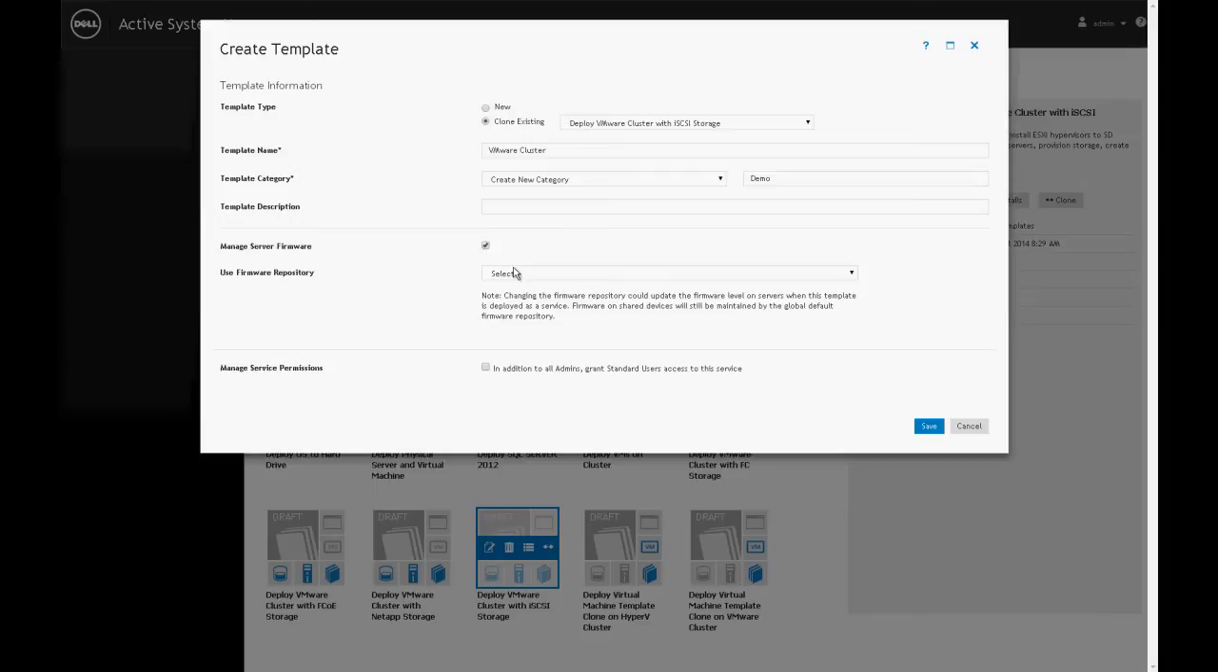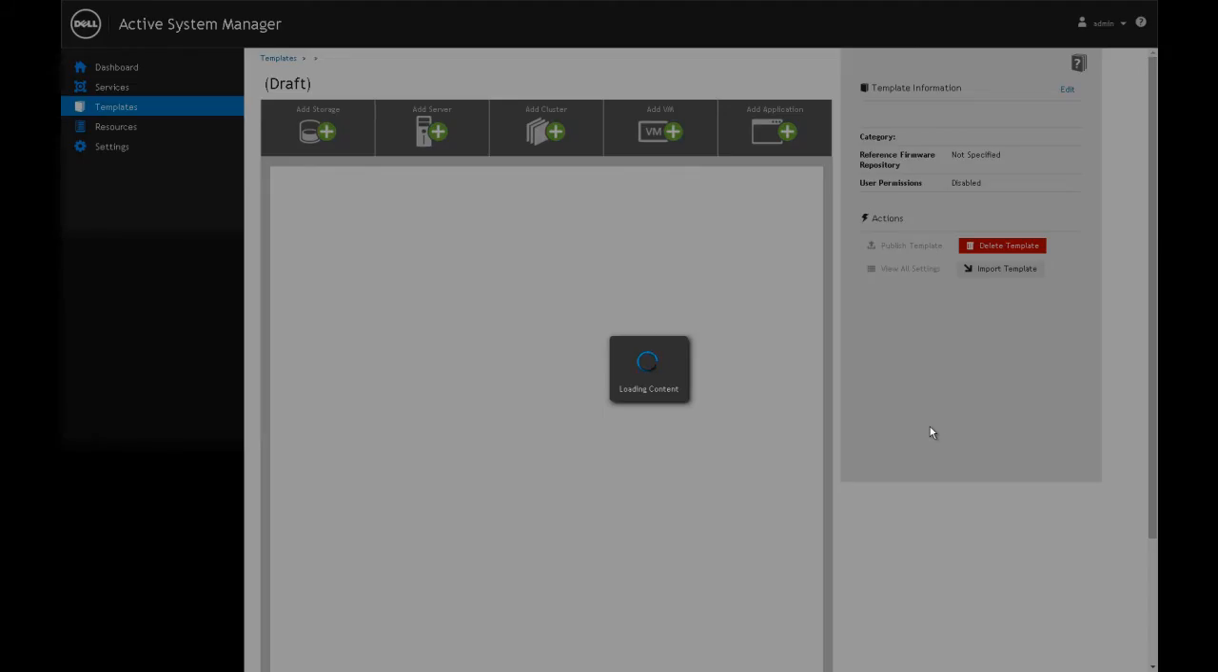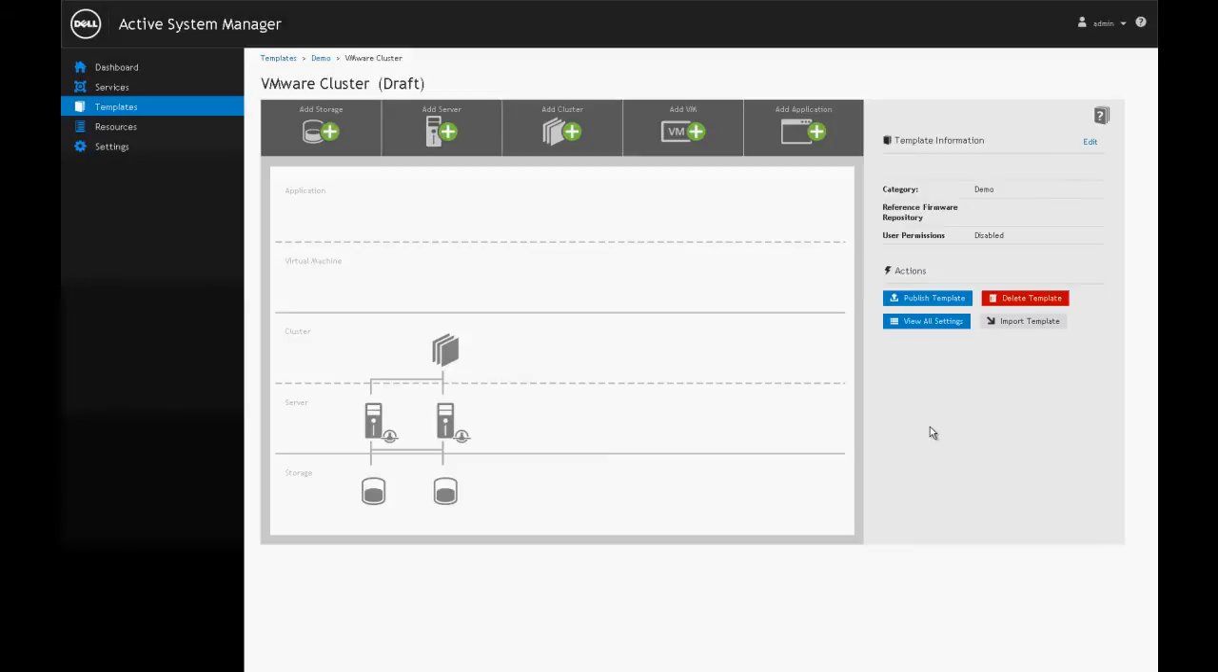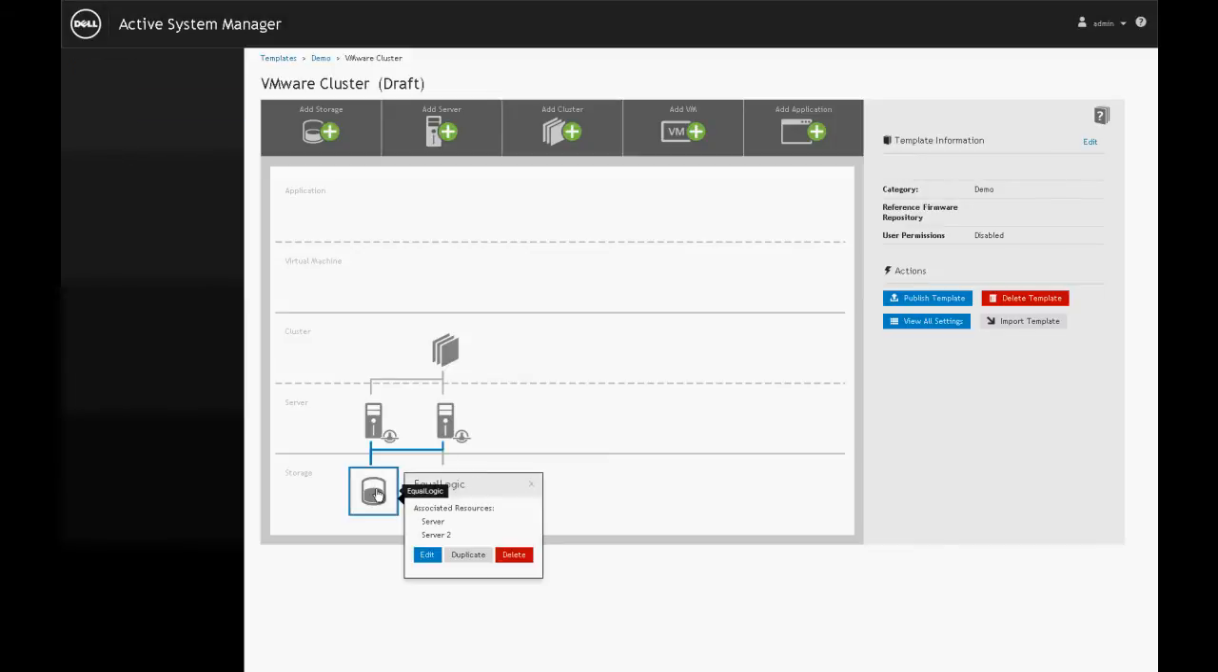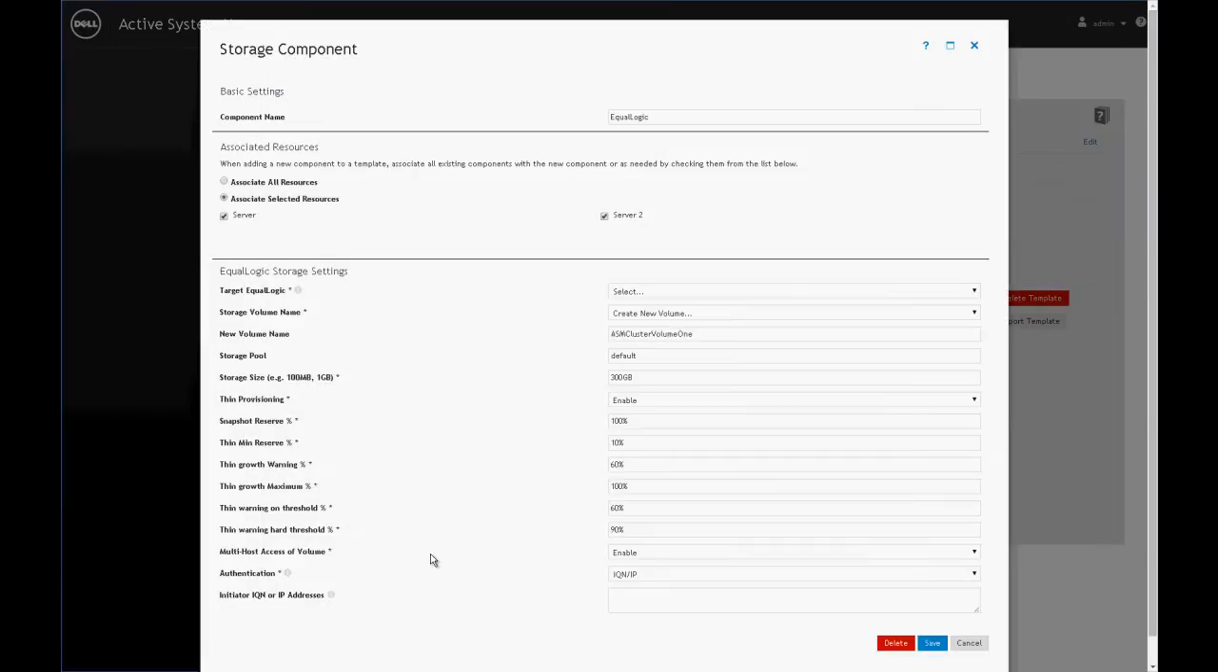I'm going to check Manage Server Firmware. This is an optional setting to allow us to configure firmware versions on the servers that the template deploys to. After filling out that form, it takes me to the template builder. You see that we already have an architecture that's included with the template, and all that's left is to configure